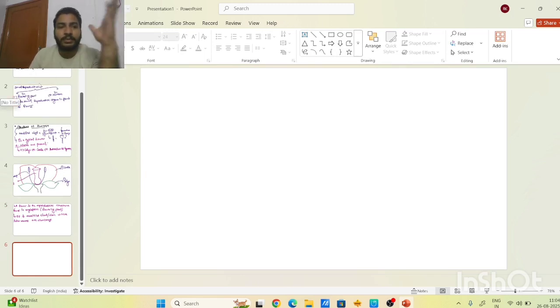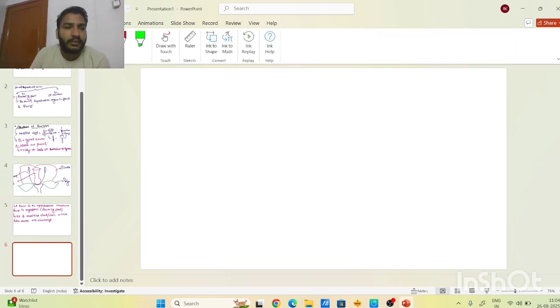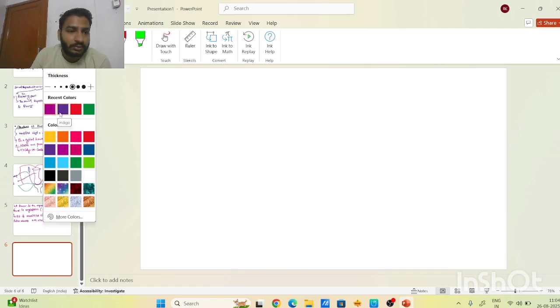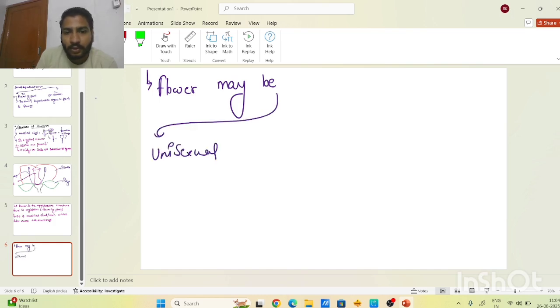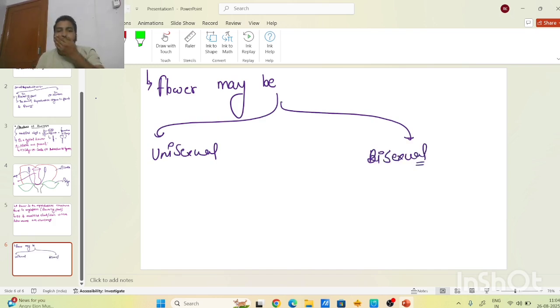One point is left; we forgot that point, and now we are discussing it. The flower can be unisexual or maybe bisexual. What is the meaning of unisexual and bisexual flower? Basically, a unisexual flower is one in which only one, either male or female organs, is present. अगर किसी फ्लावर के अंदर या तो मेल है या फीमेल है, दोनों में से एक है, तो इस टाइप के फ्लावर को हम बोलते हैं यूनिसेक्सुअल फ्लावर।